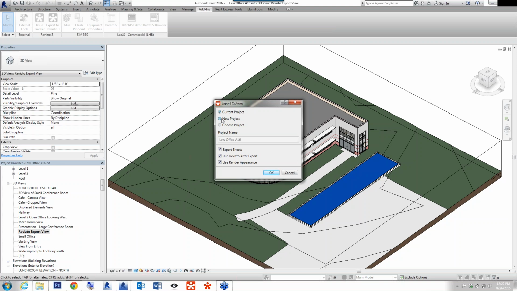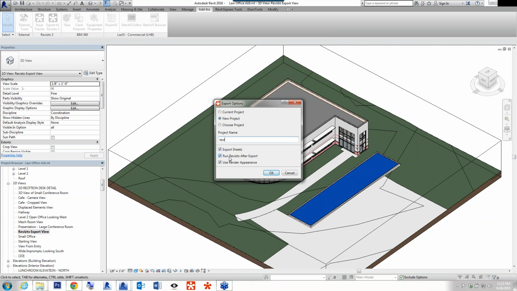And so now we're going to create another new project. I'll call this one Test, because temp still exists. In the last example, I did not export the sheets. In this example, I will. You can use sheets for two different purposes, from my take anyways. One is for a visualization purpose, as we'll look at. Another would be if you're using the software as part of construction administration, having the sheets readily available within the context of the viewer would be really helpful.